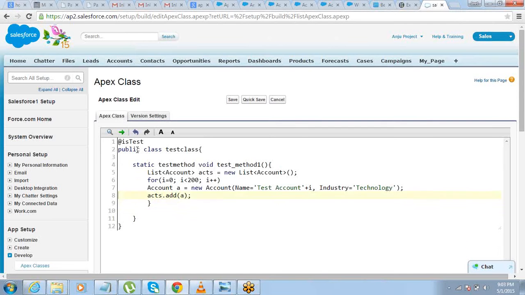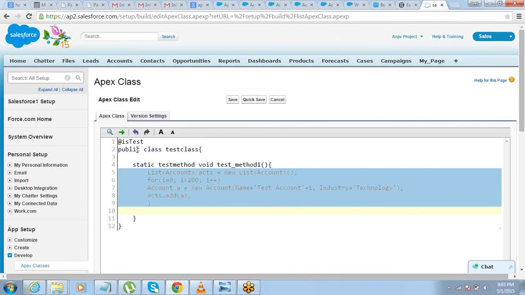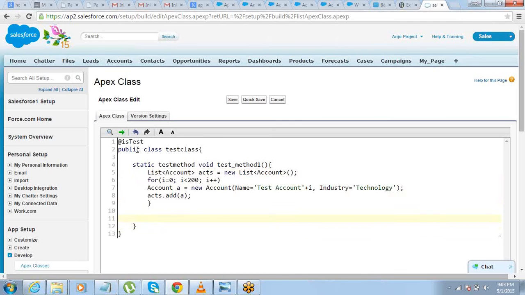So my set of records is ready. Now what I should do, I should just do my testing. So you can do a Test.startTest. Okay, and then perform insert.